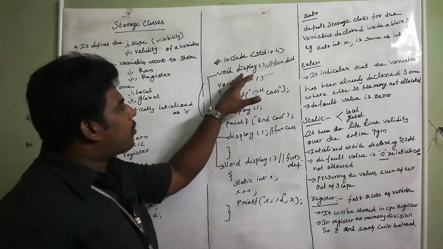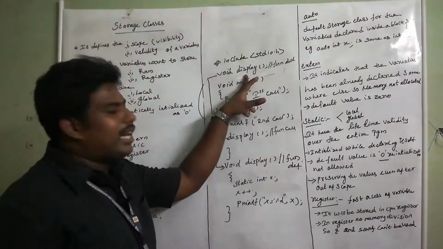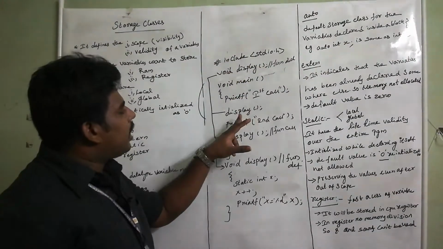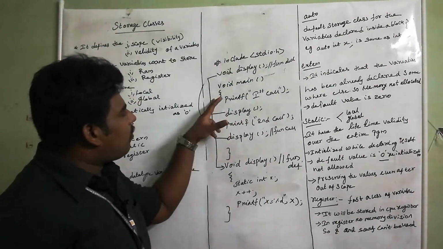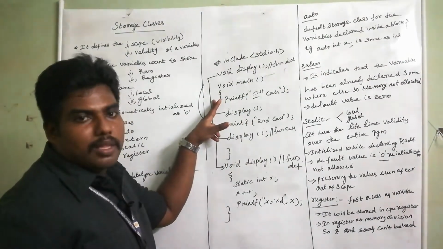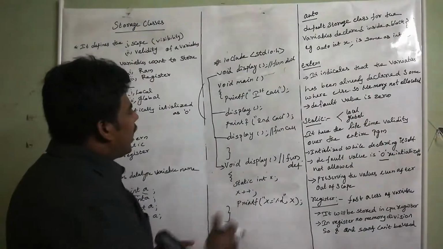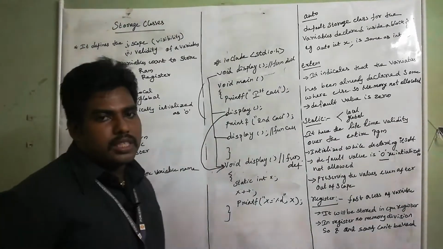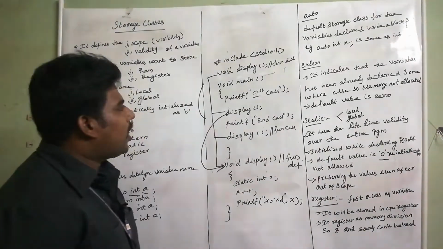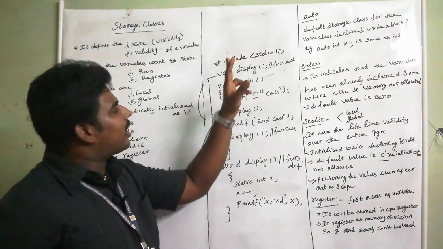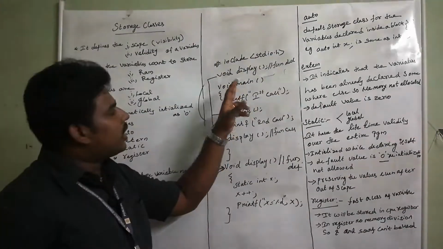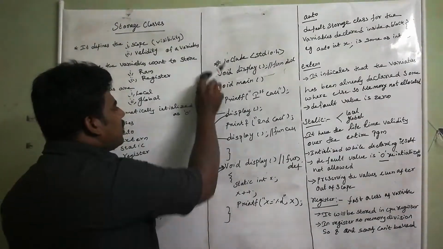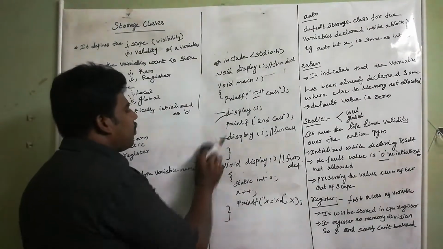Before starting the program I want to tell what the function name is and what return type it belongs to. Then the function call is always present in the main program. Once this function call is initiated, it will come to the function definition. This is the logic. Okay, now I will explain. First I included the header files, then I create the function declaration. Void main is the starting position of your program.